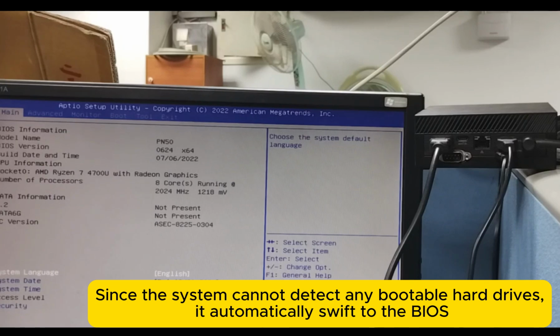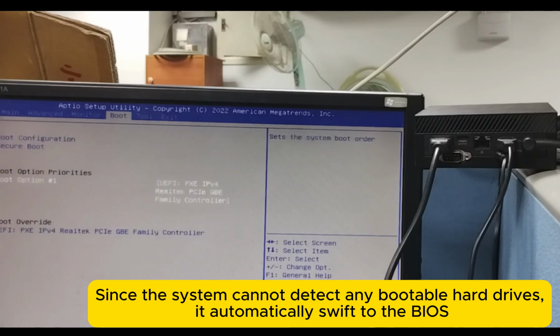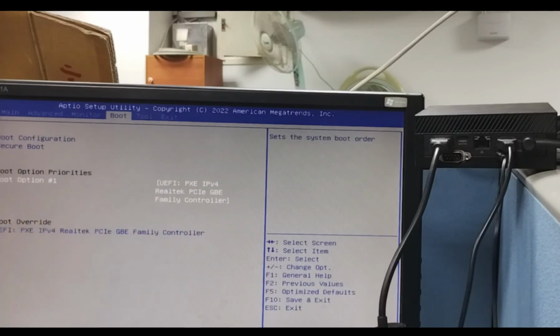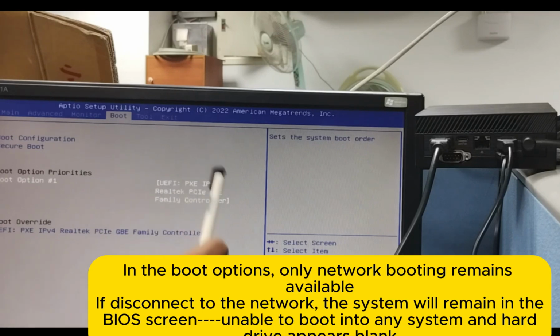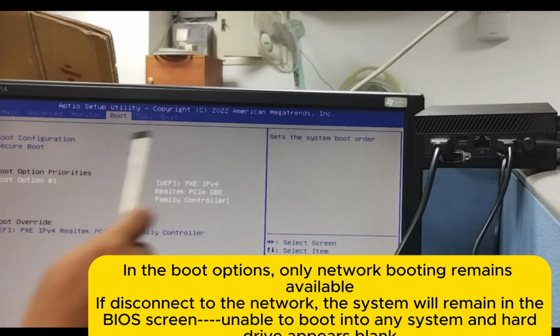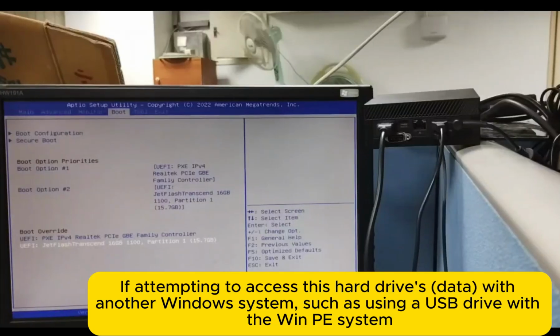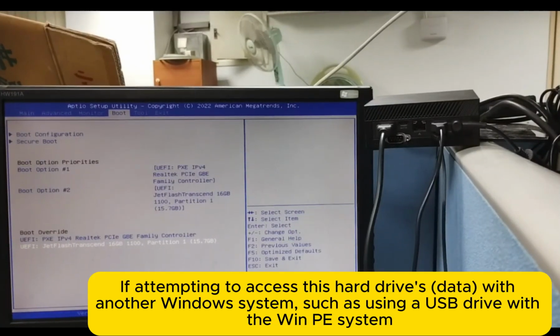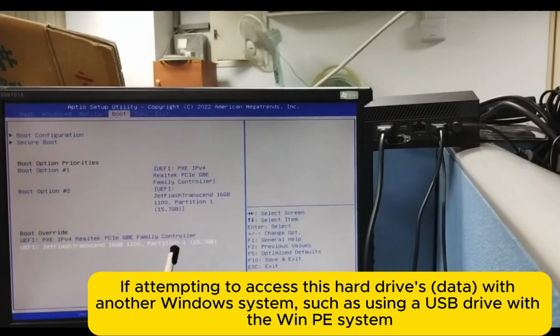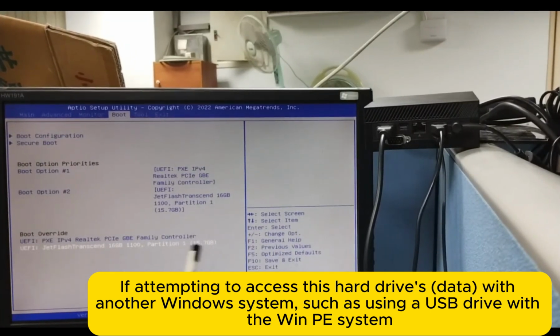Since the system cannot detect any bootable hard drives, it automatically switches to the BIOS. In the boot options, only network booting remains available. If disconnected from the network, the system will remain in the BIOS screen, unable to boot into any system, and the hard drive appears blank. If attempting to access this hard drive's data with another Windows system, such as using a USB drive with the WinPE system,